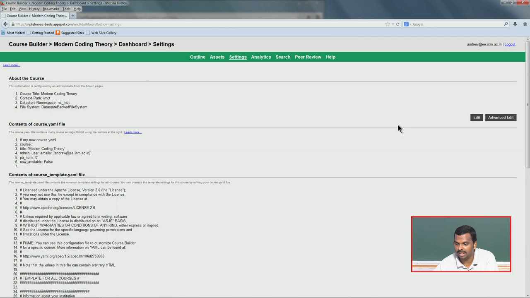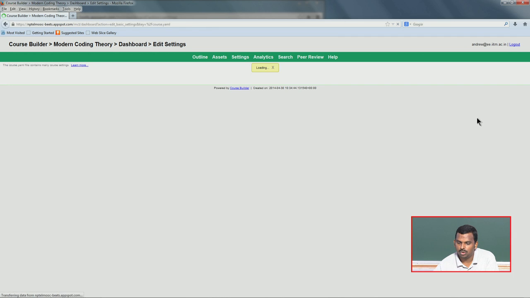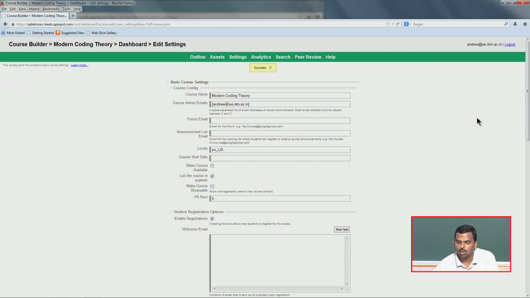Okay. So, this is the detail. Click on edit. Do not click on advanced edit, that has more advanced features. Click on edit. Now you will go to a page which has most of the useful information. Another thing I have to point out is that a lot of pages will take a lot of time to load because caching has been completely turned off in this portal. So, it will not be very fast, but it is okay, I think you can use it.